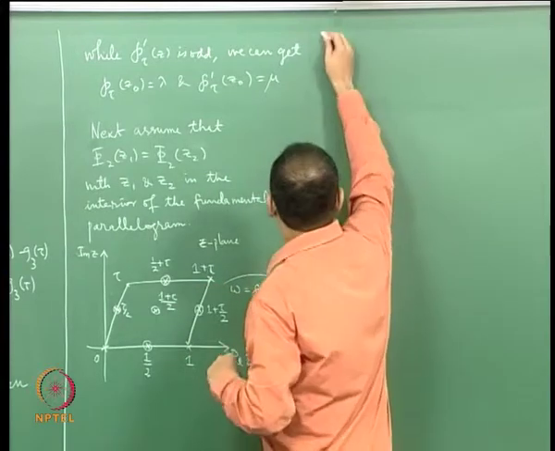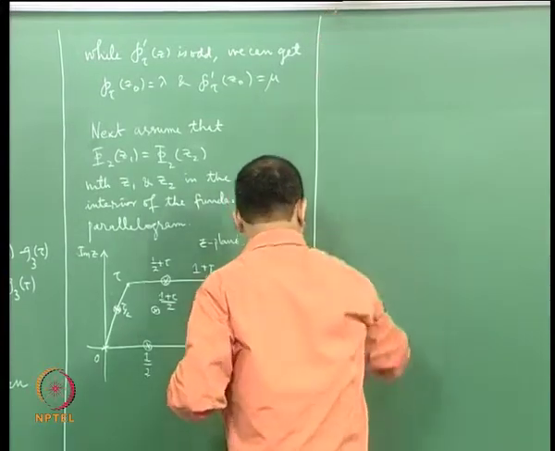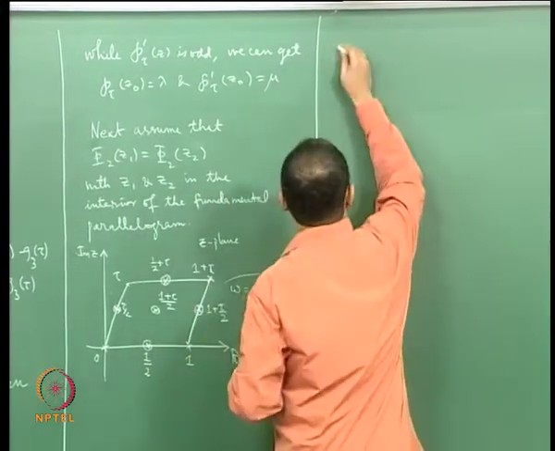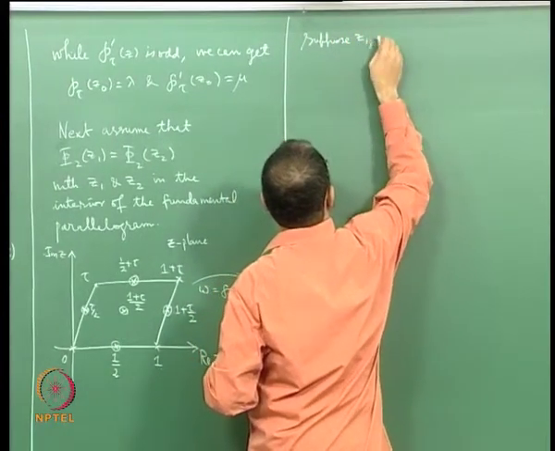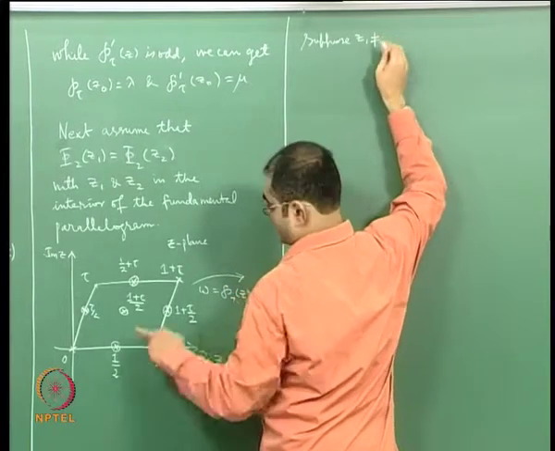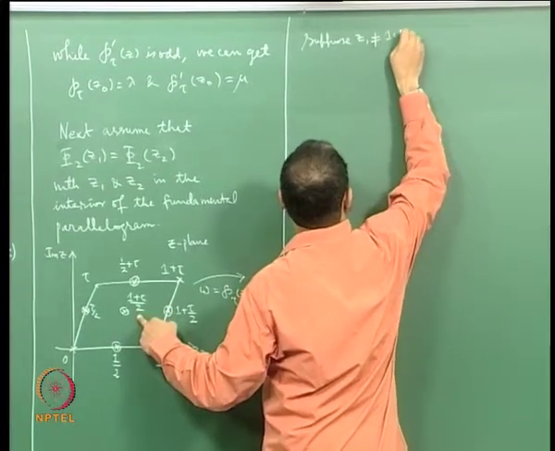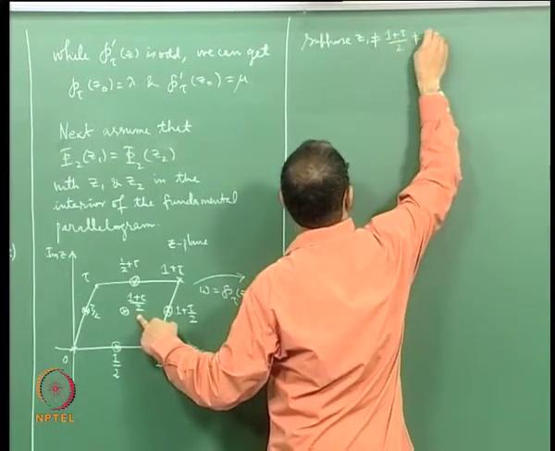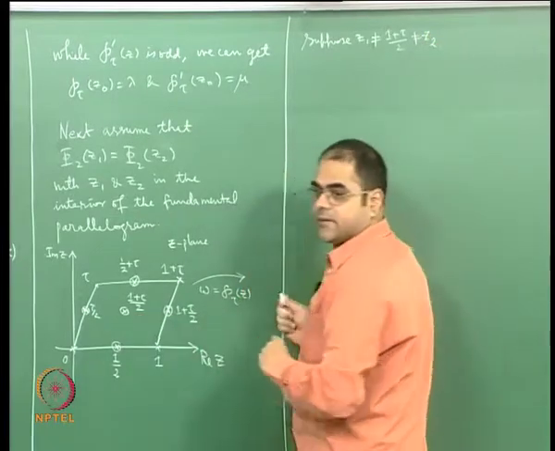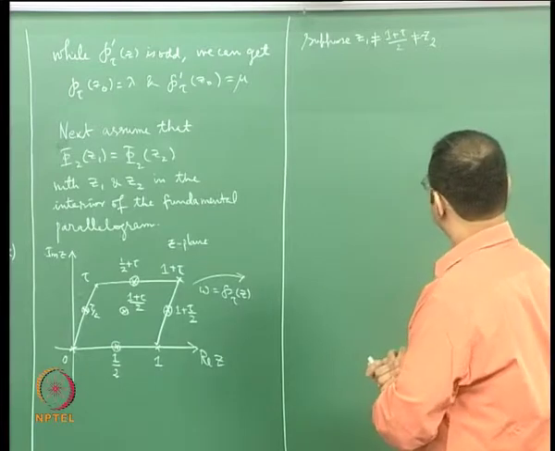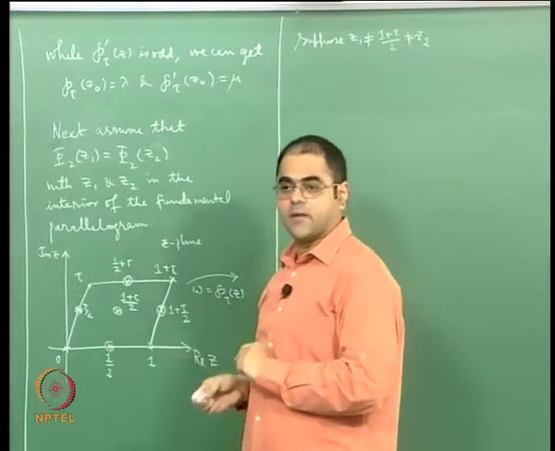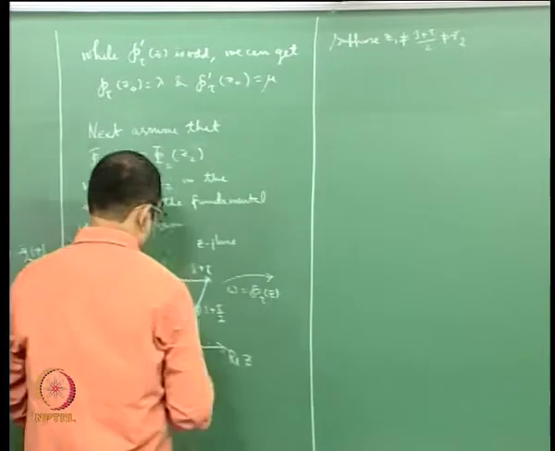So suppose Z1 is not equal to this 1 plus tau by 2, and it is not equal to Z2 also. Suppose these are distinct from this point, okay, then see what you do is